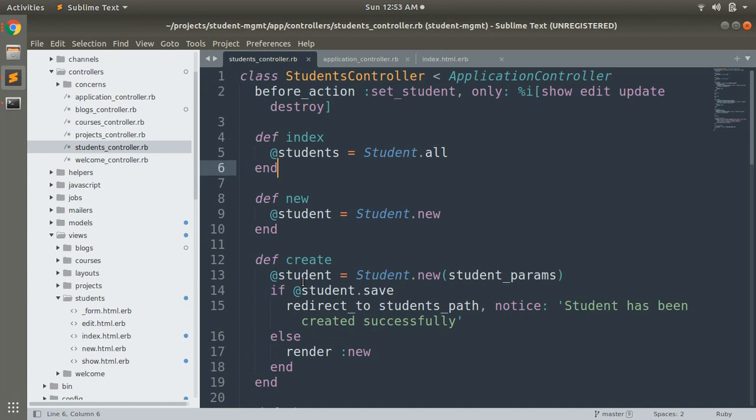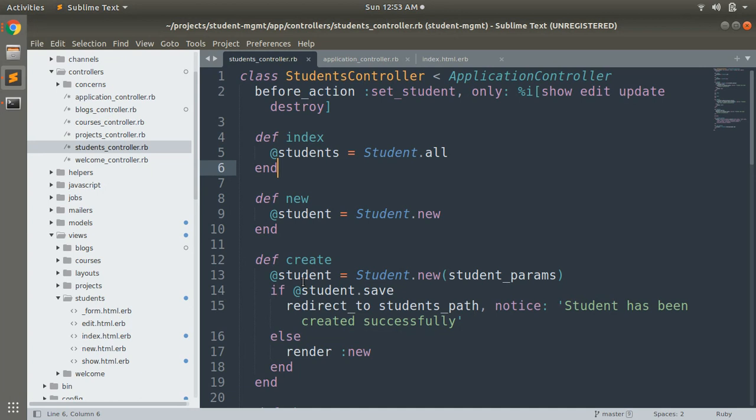Now, when your application receives a request, the routing will determine the controller and action to run, and then Rails creates an instance of that controller and runs the method which has the same name as the action. One more thing: a controller can accept params as well to perform logical operations, and these params can be available either as URL params or in the form data.